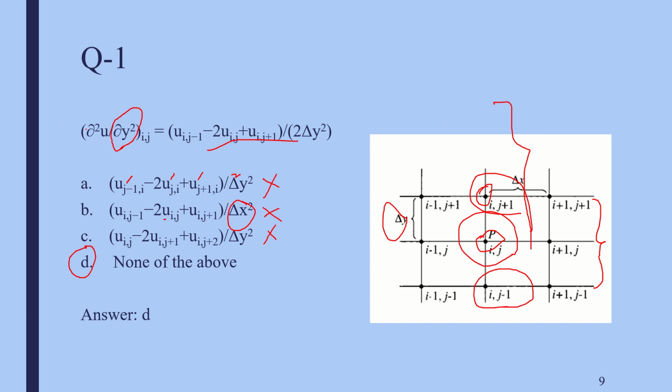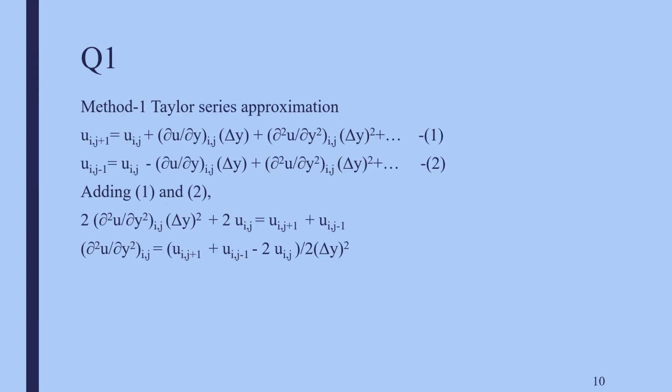So as we have said, ∂²u/∂y² at (i, j) is given by this particular formula. So how are we getting this formula? This we can see in the next slide. There are two approaches which can be used. In the first one,